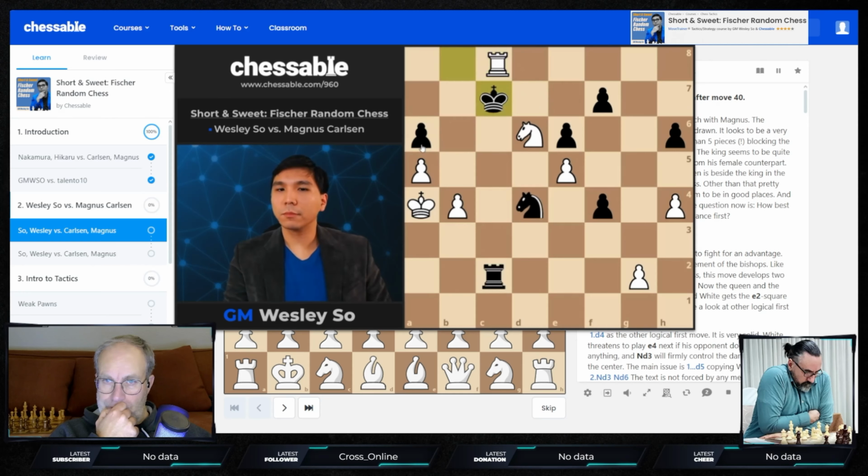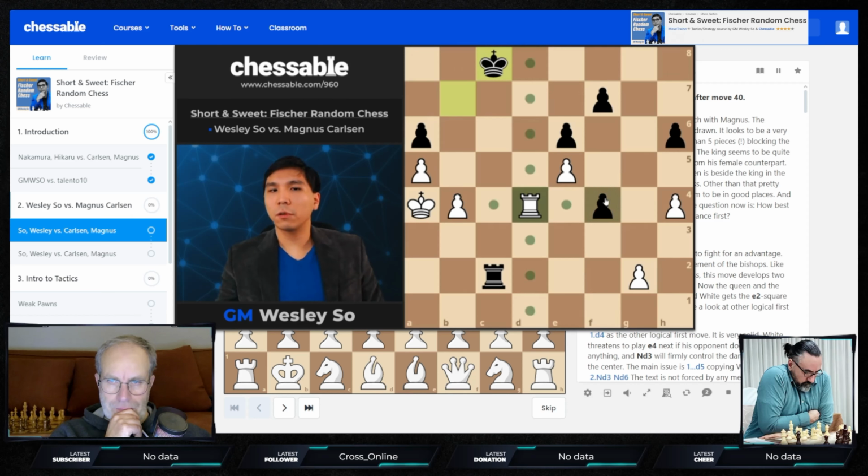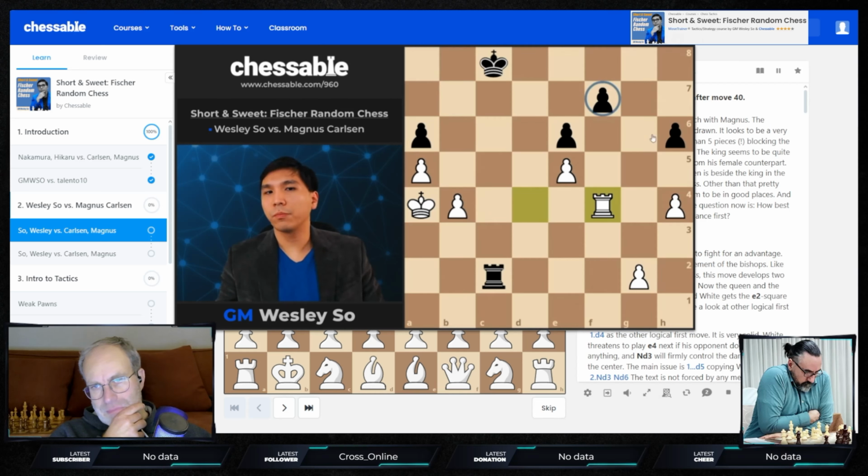Or if he plays king a7, white has the nice move knight c8 check, and probably this is what he missed. Check, king b7, rook takes d4, king takes c8, rook takes f4, and the rook ending is easily winning for white because all his pawns are vulnerable,